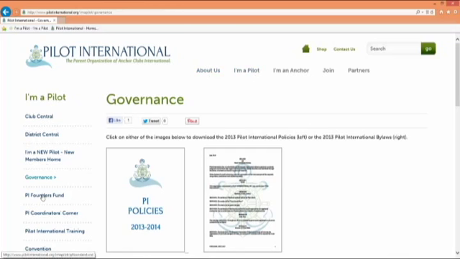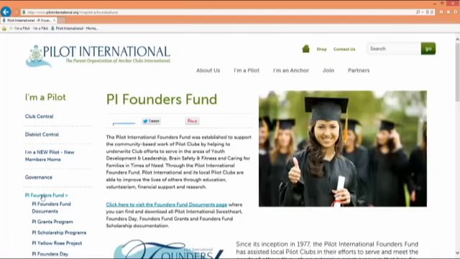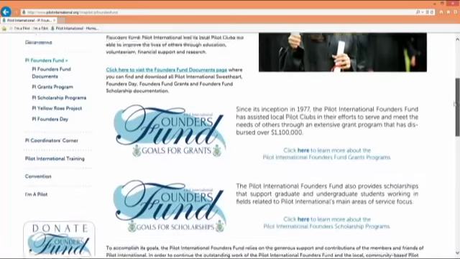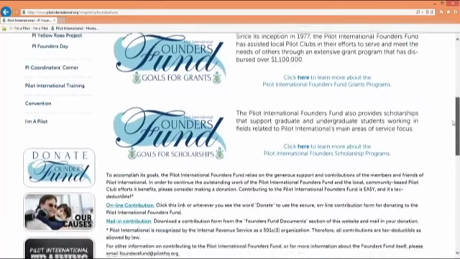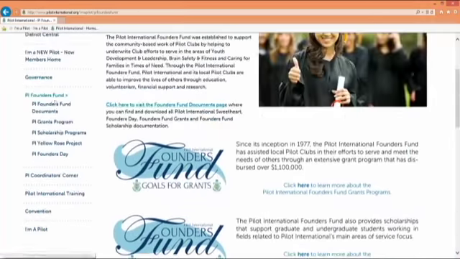So if we click here, you will see pages that are familiar to you if you watched the previous video. This is all of the information that talks about the Founders Fund, our grants and scholarships. And also through this page and through this navigation, you'll be able to find all of your Founders Fund documents, information about the grants program, the scholarship program, the Yellow Rose Project, and also one thing we do need to note is that now